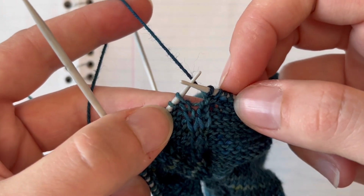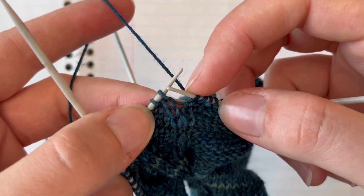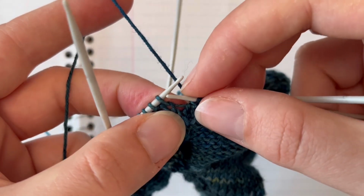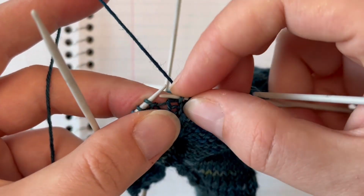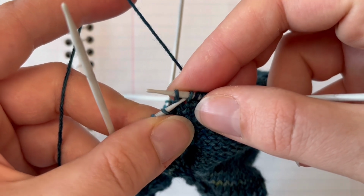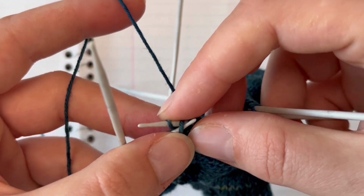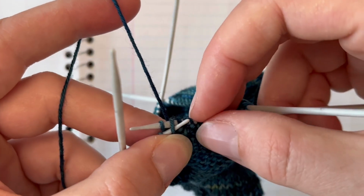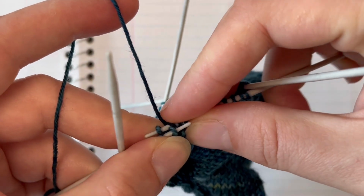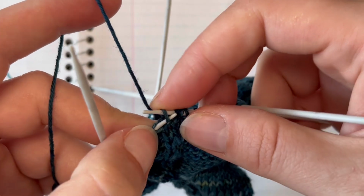Now the very next batch is a 1 by 1 left purled cable. So we have 1 knit stitch, 1 purled stitch. We're going to cross them over each other to the left. So slide into your right needle, grab your knit stitch with your left needle, put the purl stitch back on the right needle,